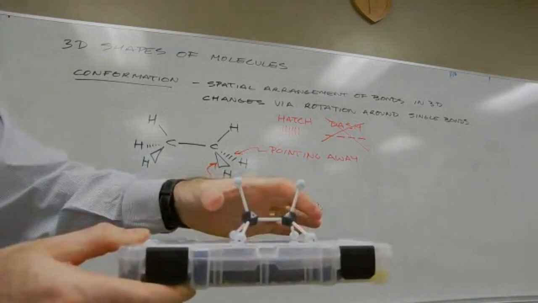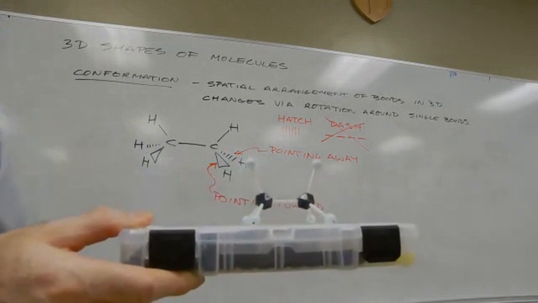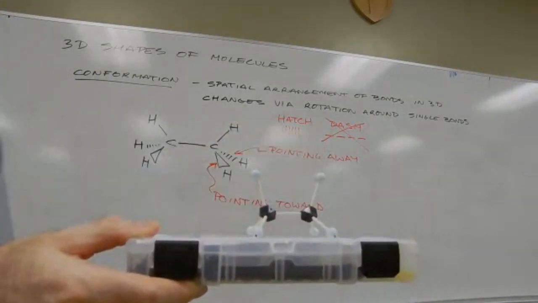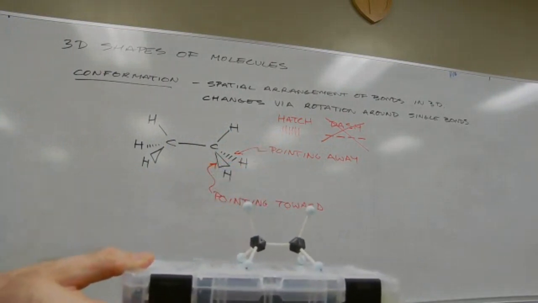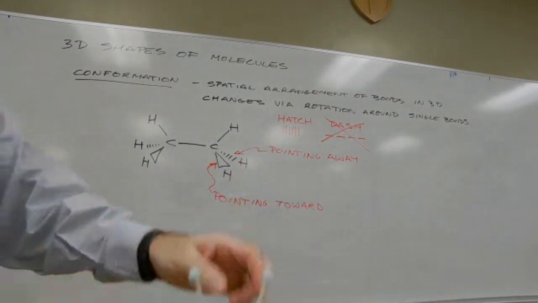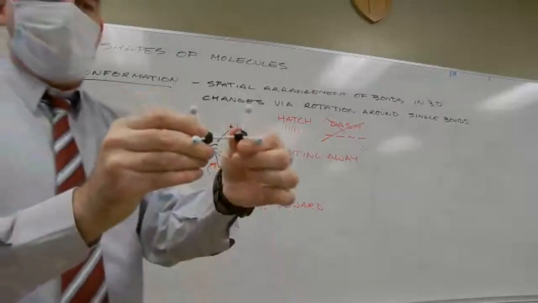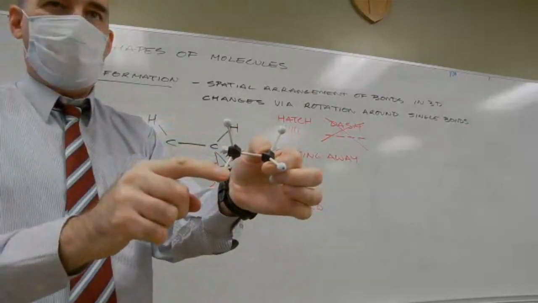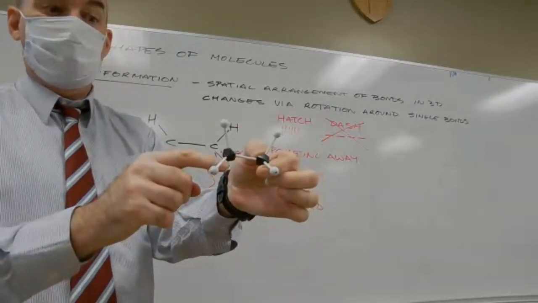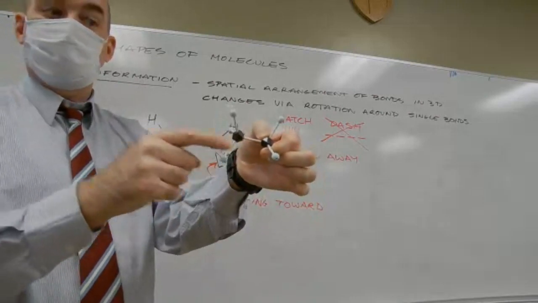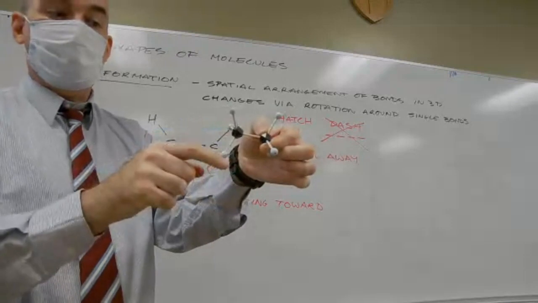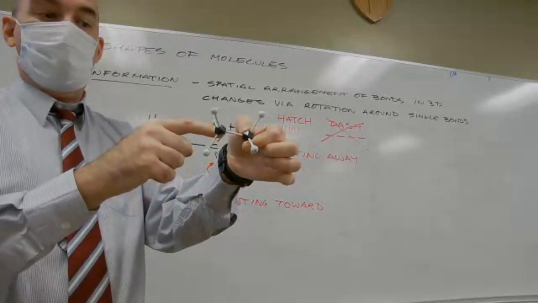It's a little quadruped. It's a little dog with the head and the tail. It's happy, its tail's up. I can rotate these bonds between carbon number 1 and carbon number 2. If I rotate that bond,